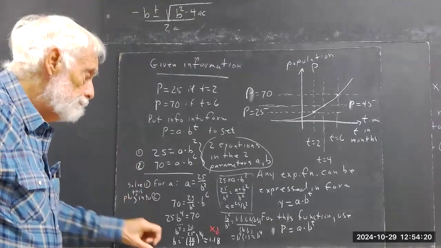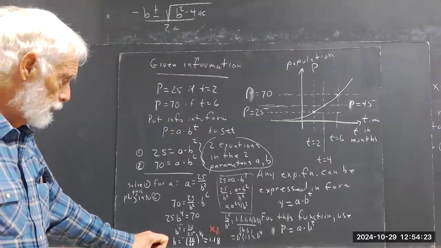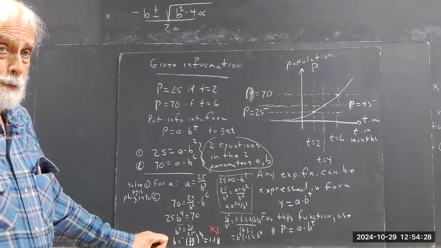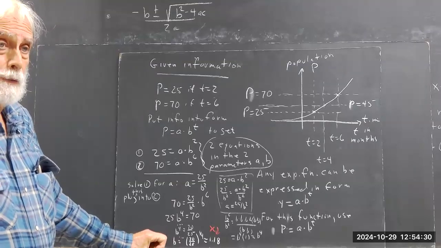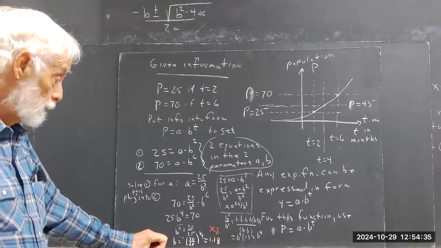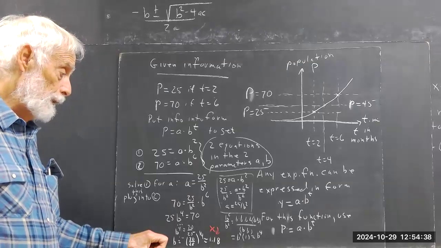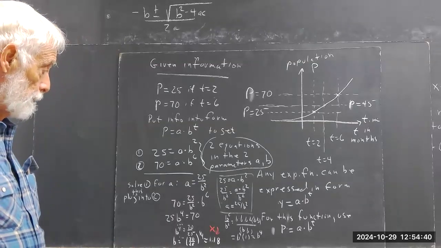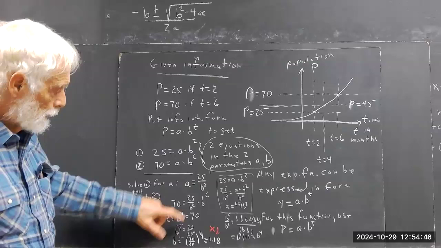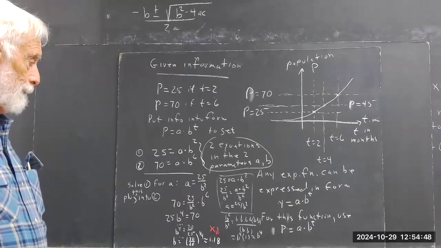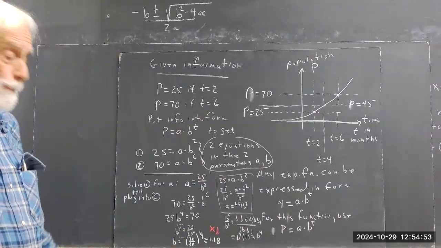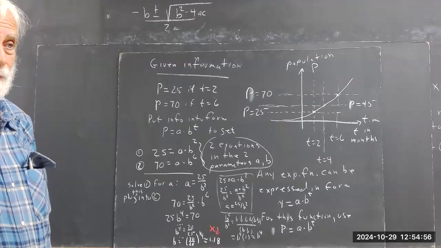Now, people have a little trouble with the rules of exponents, and this is something you really want to be sure that you understand, because you're going to use it, especially in this chapter. Okay? And you don't want to be stumbling over the rules of exponents. Make sure you review them, because almost everybody is pretty fuzzy on the laws of exponents. How do you simplify this? Well, you divide the b squared into the b to the 6th. What do you get? You get b cubed, or you get b to the 4th. What power b do you think you get by dividing b squared into b to the 6th? Well,